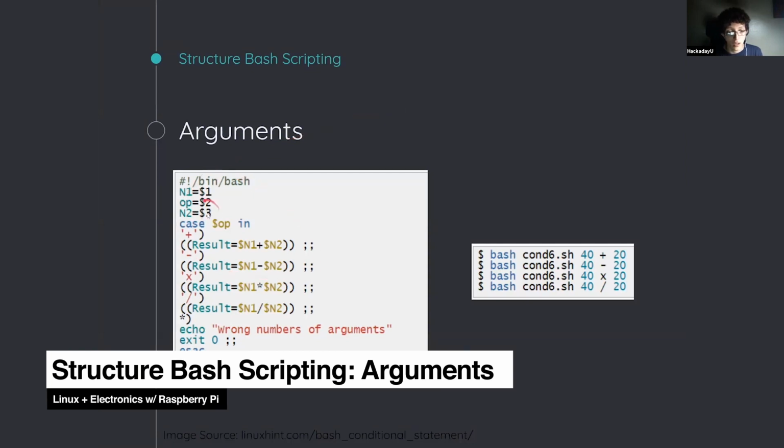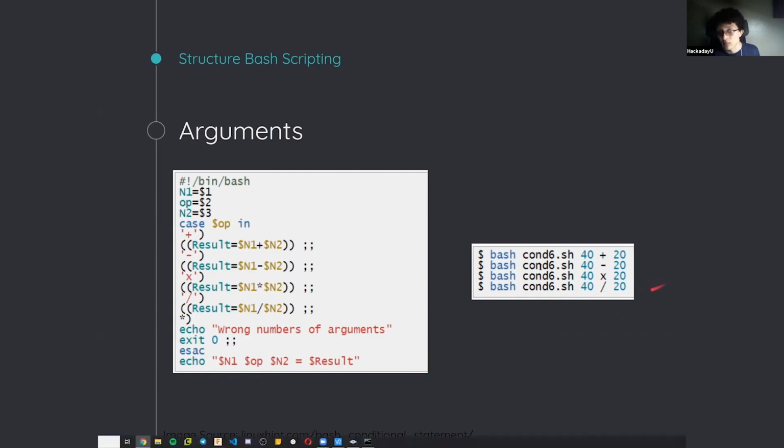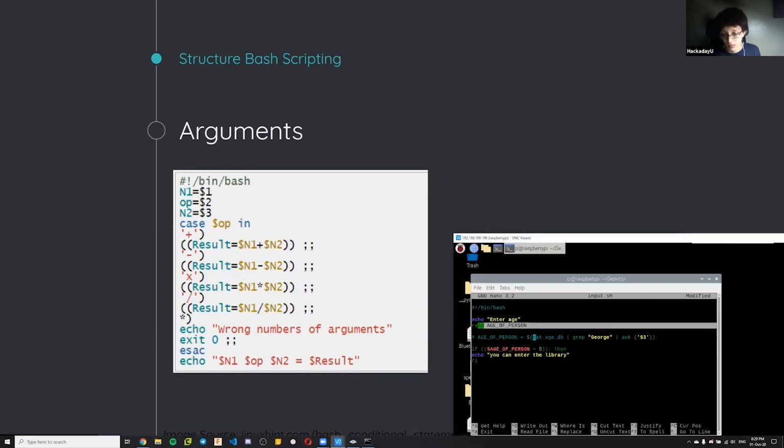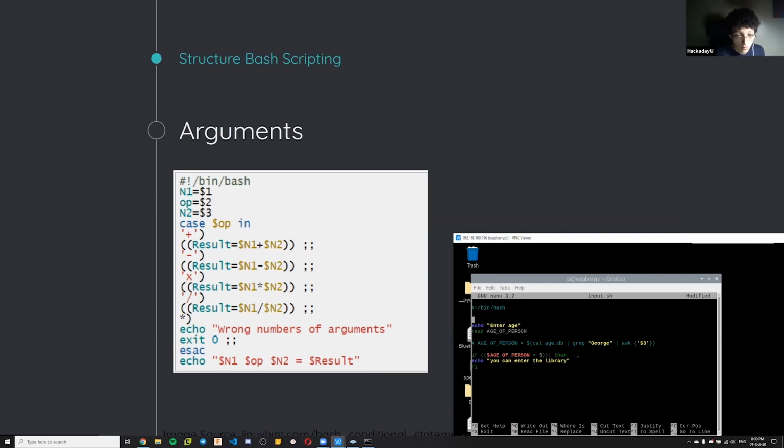So arguments. This is another way to make a program look like a command. So what you want to do is, let's call this age. Let's delete this, right? So let's call this the same, age of person equal